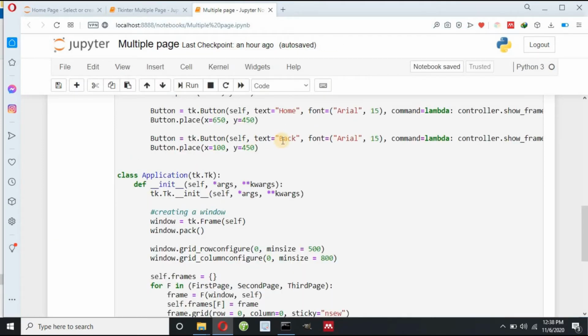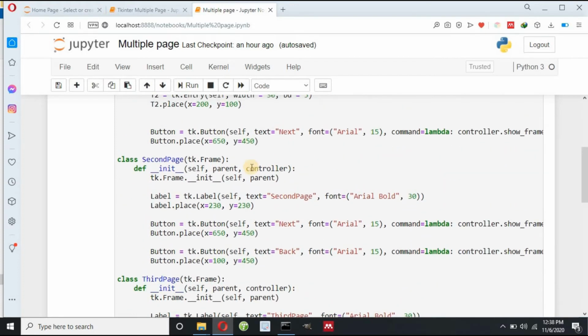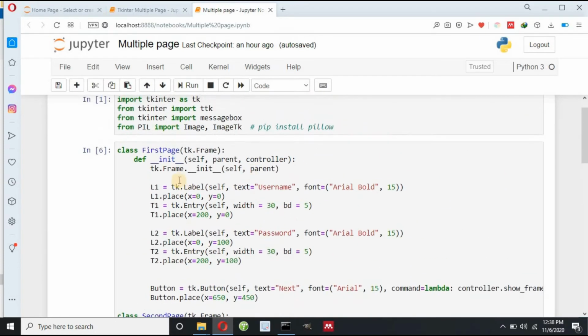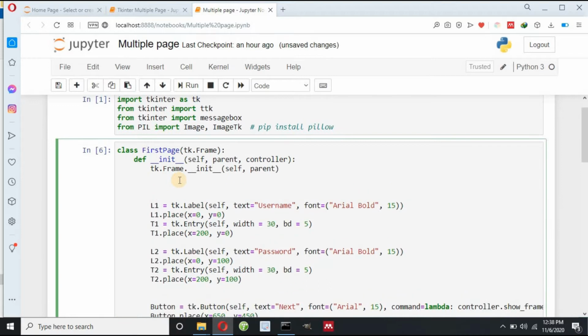And now I need to define label frame. So here let me write border equals to tk dot, and we define label frame. I have to make label frame inside this self, means inside first page, and text equals to suppose login.